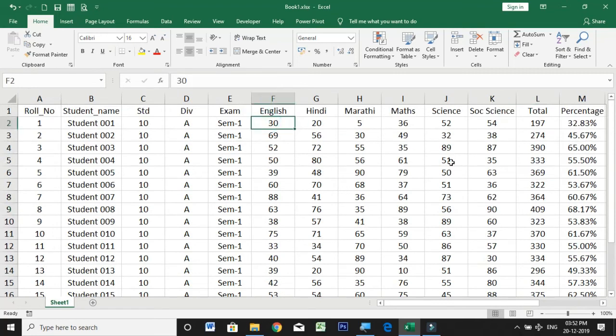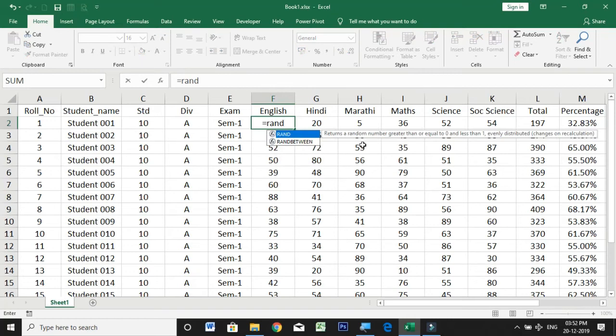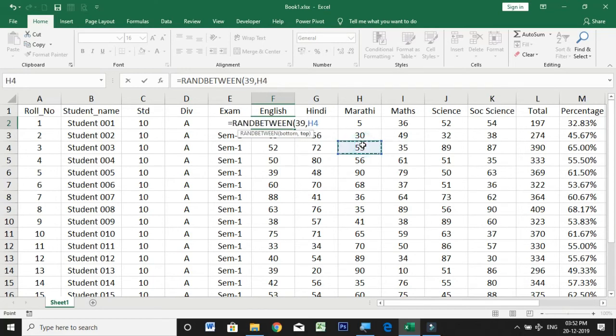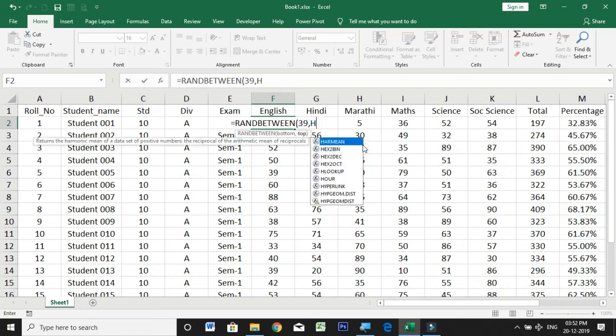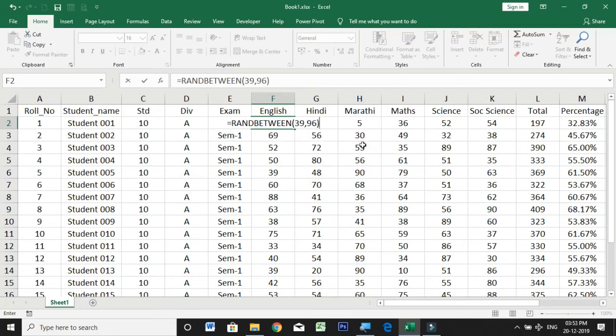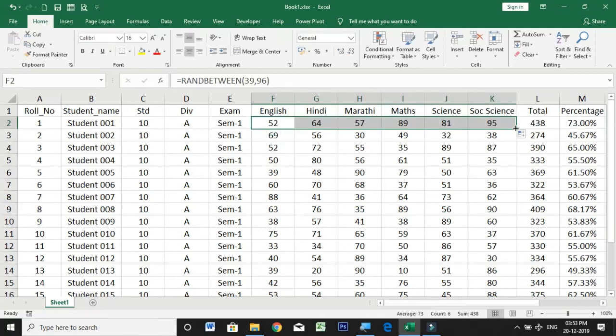I might want to change my formulas, or in short, I can change my data so that I get a different perspective of students. So what I'm going to do is make my students pass and fail just a certain set of students if possible. As we did earlier on, I'm going to use the RANDBETWEEN function. The RANDBETWEEN function is used to generate random values. So I'm going to use values between 39 and, let's say, 95 or 96, values in between these two numbers,